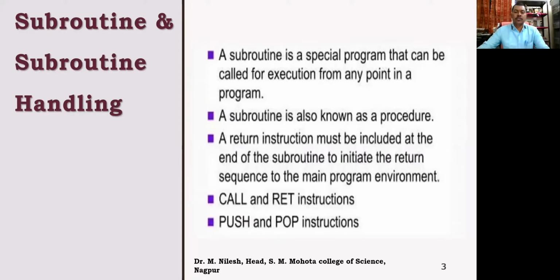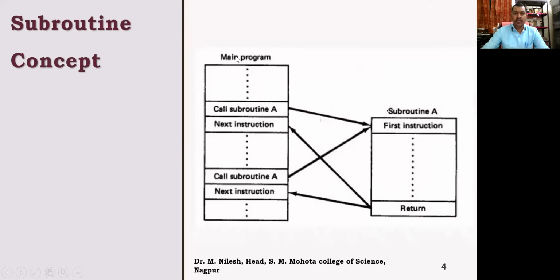So this is the concept of a subroutine, and we also use push and pop instructions to push the data from the memory locations, right? The subroutine consists of a small program written outside the main program, and in the main program we can call that subroutine. At the end of the subroutine, we have an instruction by which the program returns back to the main program again. So the subroutine can be called many a times in the main program, right? This is the concept of subroutine.